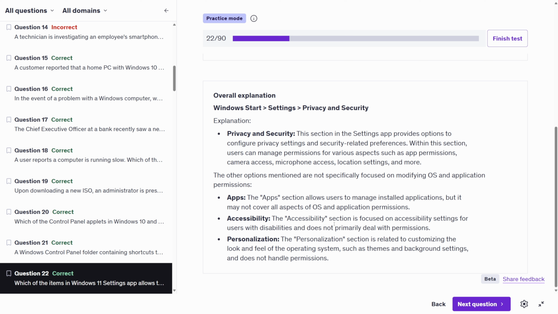The apps section allows users to manage installed apps, but it may not cover all aspects of the OS and application permissions. Accessibility is focused on accessibility settings for users with disabilities and does not primarily deal with permissions. And personalization is related to customizing the look and feel of the OS, such as themes and background settings, and